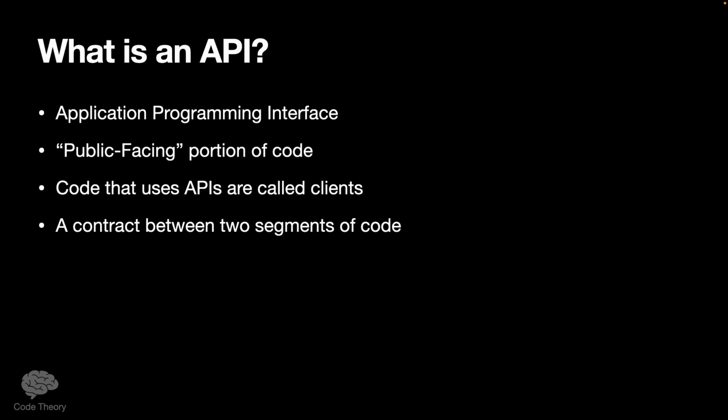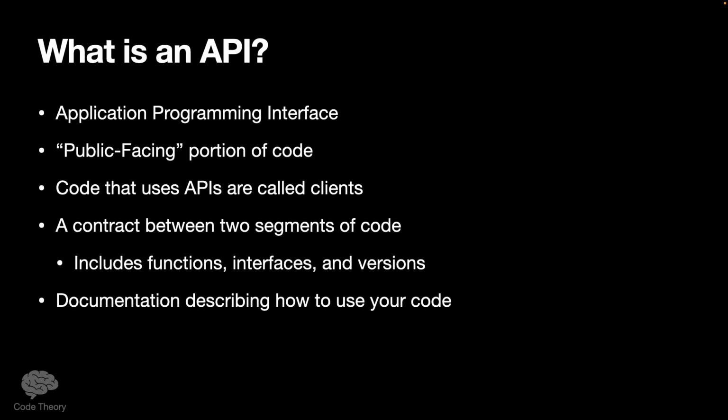Of note, some examples here. Whenever you import Foundation at the top of your file in Swift in order to access some functionality that you couldn't access by default, that is an API. You are using one of Apple's most basic APIs, and anything you use that requires it is a part of the API. This contract includes, but is not limited to, functions, interfaces, and versions. Versions are their whole own other thing, so we'll get into those in a bit.